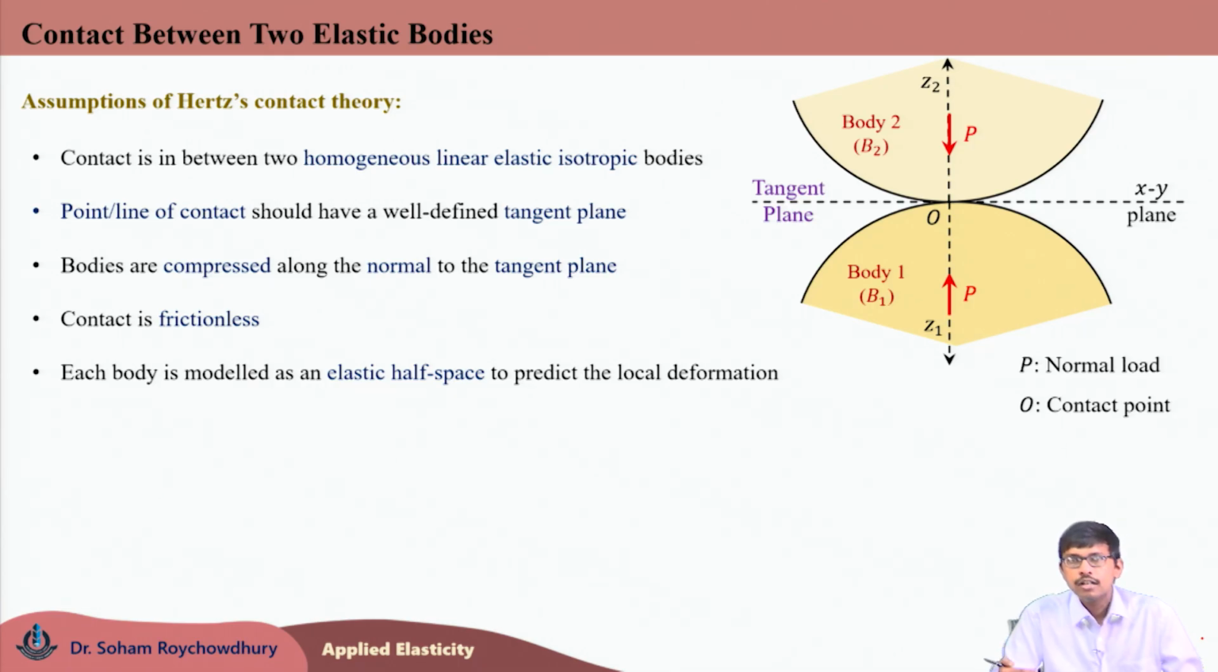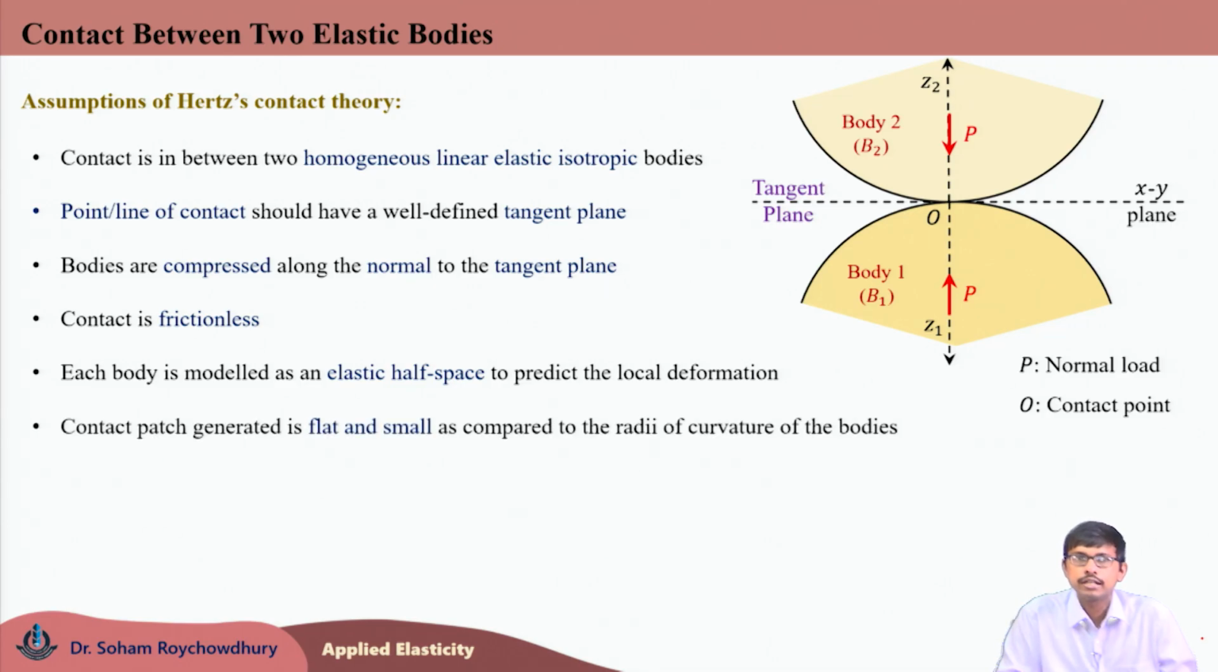On the other hand, top body B2 will also be modeled as another elastic half space which is subjected to the upward load P coming from body B1, and which would also be solved by using a similar approach. The local deformation and local stresses on body 2 at point O can be obtained. So, both the bodies are being modeled as individual elastic half spaces for predicting their local deformation, and also the